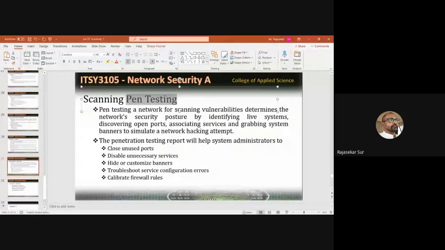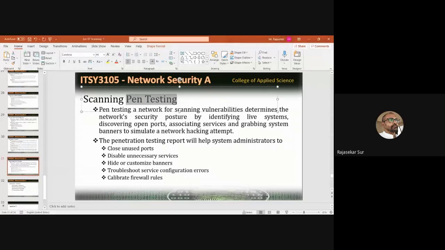This is a job profile. You can find the advertisements. Just go and Google penetration testers job, and you will find a lot of job offers for that. So you can become a pen tester. What do I have to do for that, teacher? Penetration testers, so what is their job?